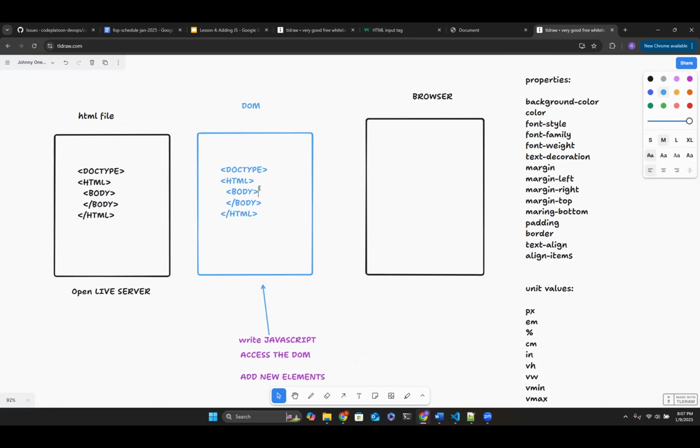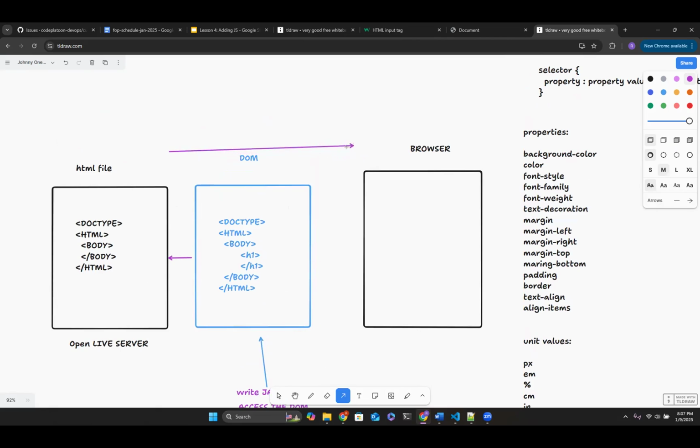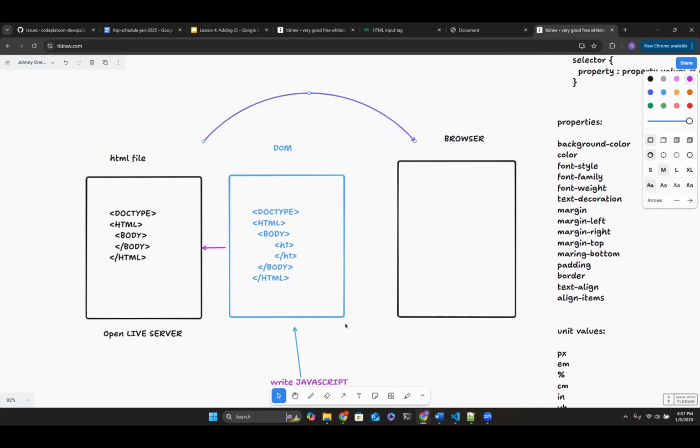Like, hey, I want to add a new H1 element. The DOM is going to take these instructions from your JavaScript, and from those instructions, it's going to directly manipulate the HTML file that it copied itself from. And after it updates it, it's going to display it on your browser, right?